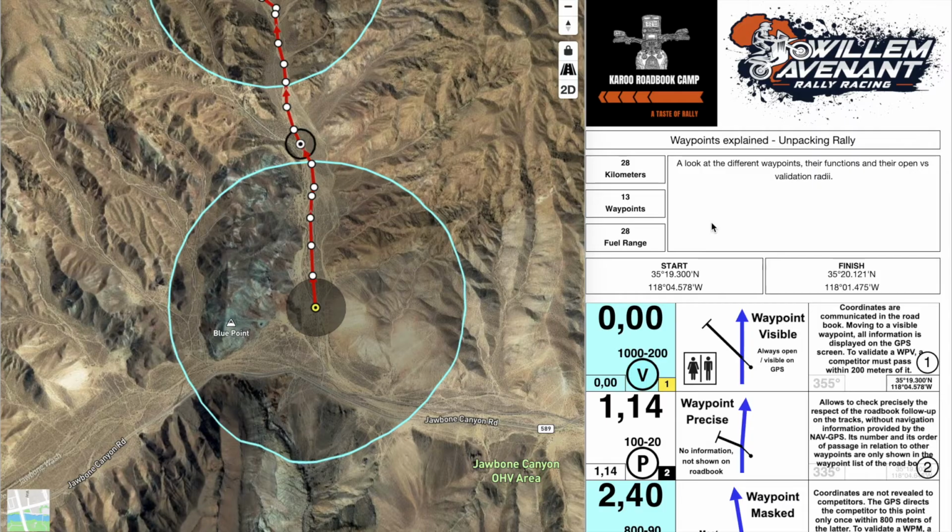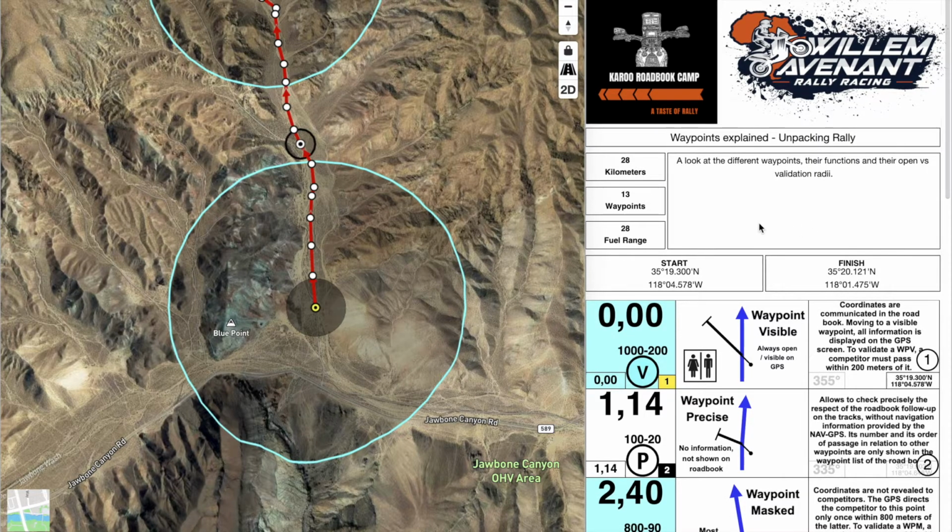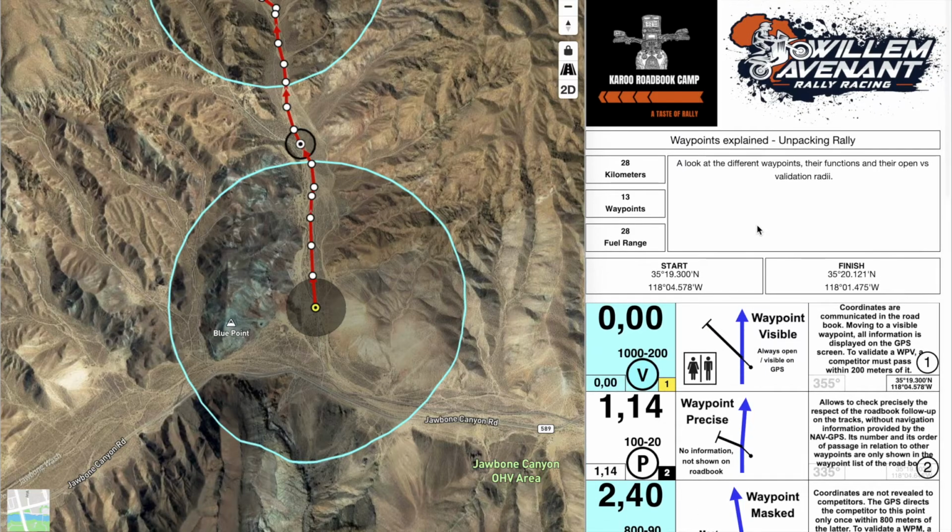This is the roadbook screen that you would be confronted with when you're making a roadbook, and it helps us to show you better what the route looks like from the air. So if we jump right in, the first waypoint